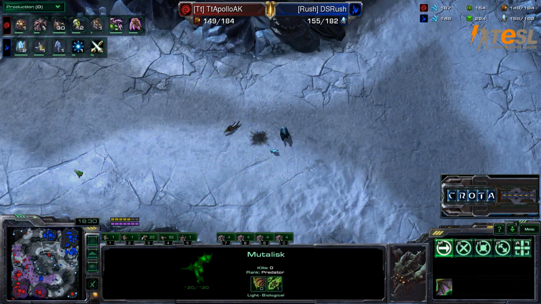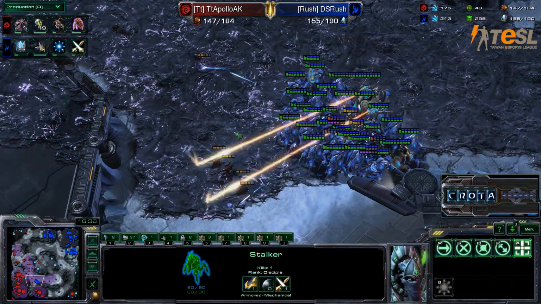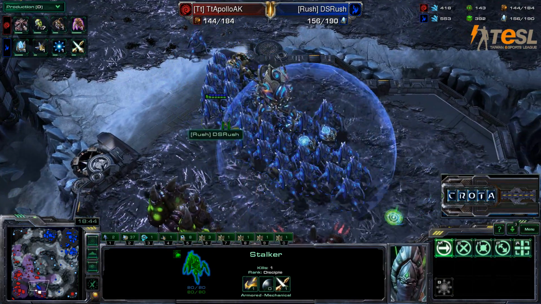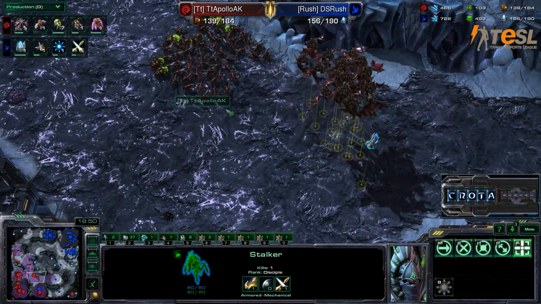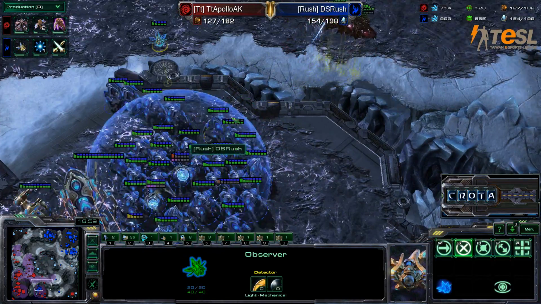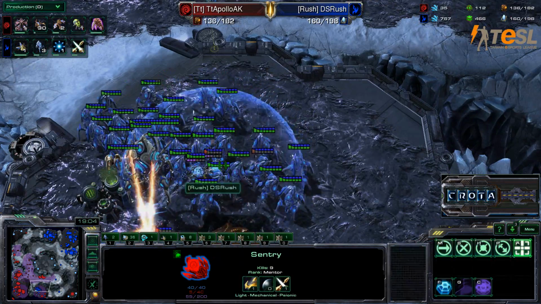22 Mutalisks on the field, but there is a good number of Stalkers, and now Blink is being researched as well. I believe DS is starting to get to the point where he should be able to trade extremely well against AK's army, and then just come out with a 30 to 40 supply advantage, and then continue to stretch that advantage further. Sentries getting picked off very quickly, but it's important to note how strong this Guardian Shield is